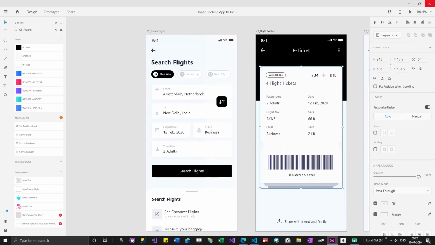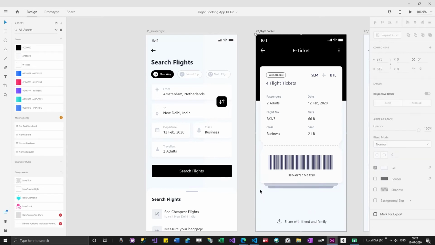Probably we won't be doing this much complicated stuff initially. You'll be slowly doing it. Even if you are implementing this part, you don't have to bother about the swipe part of it. You can just implement this part and leave it. Later, when you learn a few more things, you can develop those.